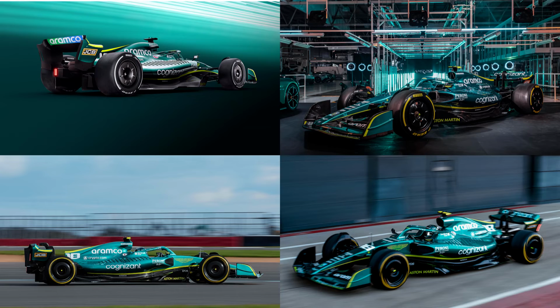But they were on track last Friday at Silverstone, so we got to see the car as well. I'm not entirely sure about the green paint. I think I prefer British racing green as opposed to the green that they've chosen personally, but that's just my personal opinion. You can let me know what you think to all these liveries, which is your best one, in the